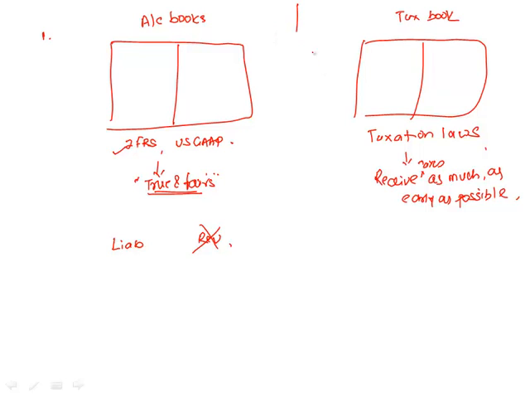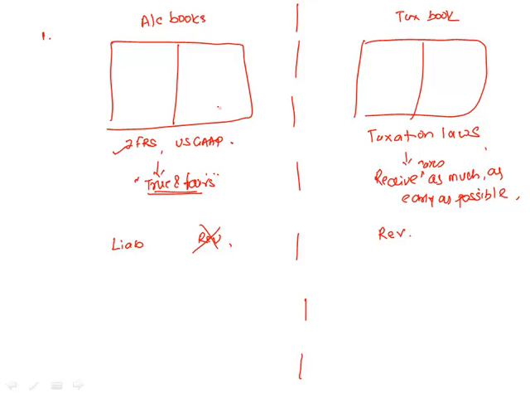However, in the taxation book, in most of the countries, the tax would be charged based on cash or accrual, whichever is earlier. Which means even though you've not earned that revenue, if you've received the cash, in the taxation books you would be required to show it as revenue. And this is the reason why the two rules are separate. Two rules are separate, so we have two separate financial statements. Are we fine with this?